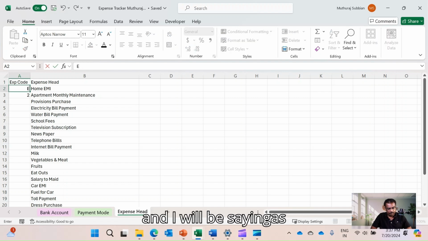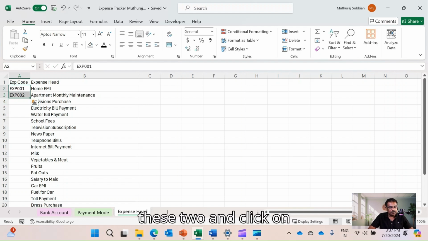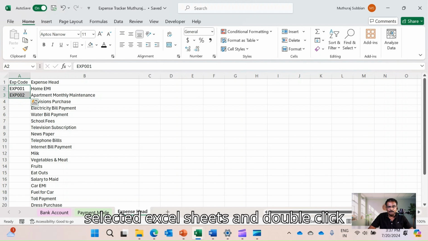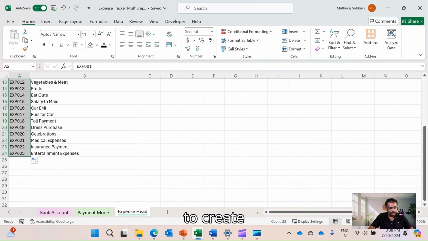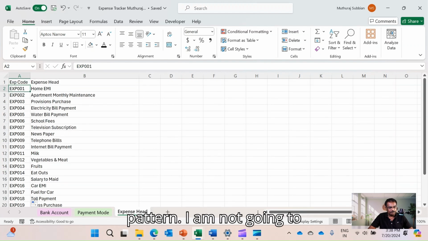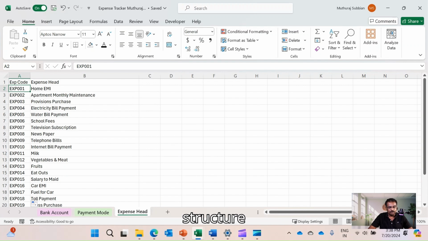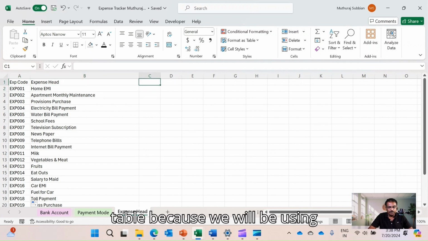And I will be saying as exp001 and exp002. And I am going to use my flash fill to select these two and click on the right bottom corner of the selected Excel sheets and double click to create an expense code which is following a pattern. Okay. I'm not going to do any structure table, because we will be using